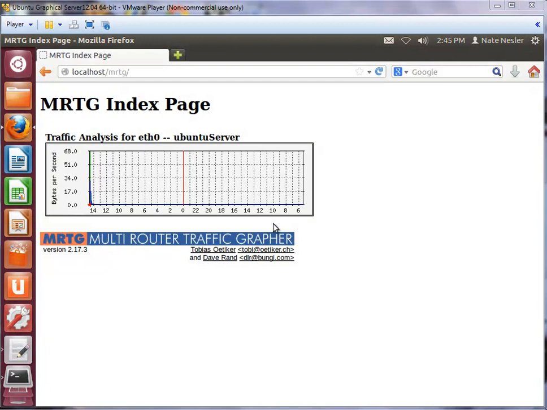Okay, so we can see a graph of wherever we access this, how much and how often it's being accessed, and it does a traffic grapher here as far as that goes. Very, very cool. Well, let's look at another setup we need to do,